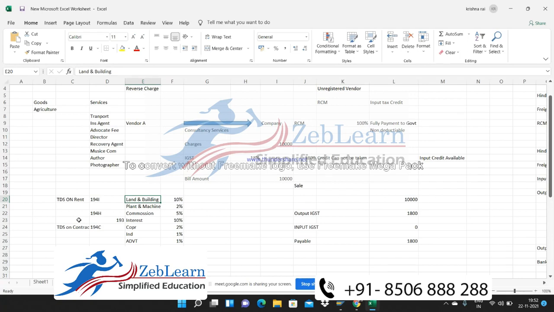So after the month ends, on the 7th, you need to pay all the TDS you have deducted for the services taken from different vendors, so that the government gets its revenue on time. That's the only reason they created this rule of deduction of TDS.